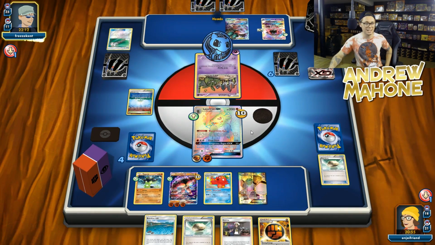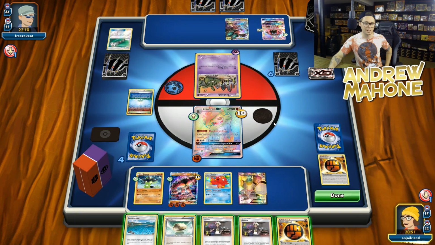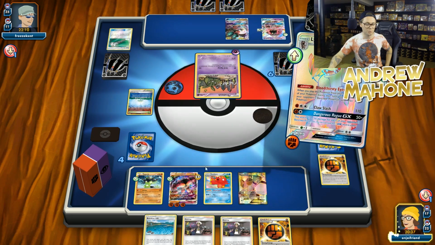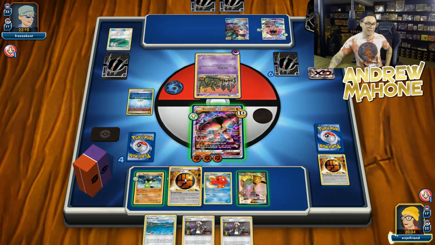They flip a Heads here, which they do. They're going to remove my Strong Energy, I imagine. Yep. And that slows me down in an annoying way. However, I don't really mind because I am just going to go ahead and knock this thing out. And I'm going to knock it out with my Buzzwole. As silly as it seems to use Buzzwole's Knuckle Impact on a...